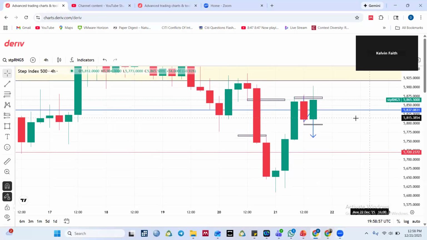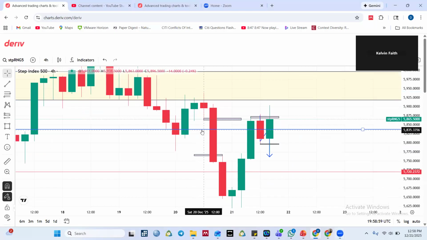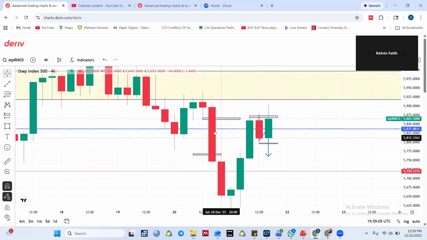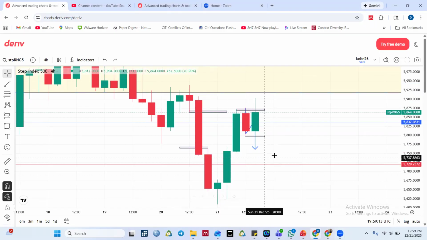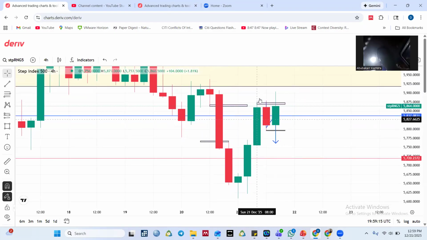What is a fair value gap? A fair value gap is when three candles are in a row. For example, a bearish fair value gap is going to be, let's say we have this candle, doji, this bearish candle, and we have this bearish. A fair value gap is going to be